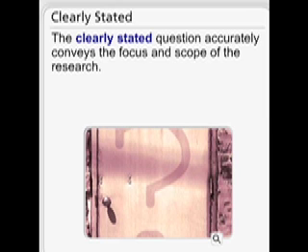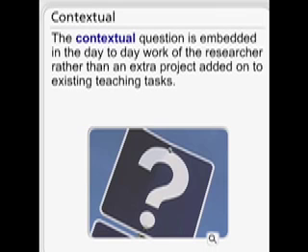The first one is clearly stated. As you heard, the first question, what barriers exist that prevent the SUSD teachers from effectively integrating technology, has a focus and a scope rather than a very broad question such as, is technology good? The second criterion is contextual: is it embedded in the day-to-day work?